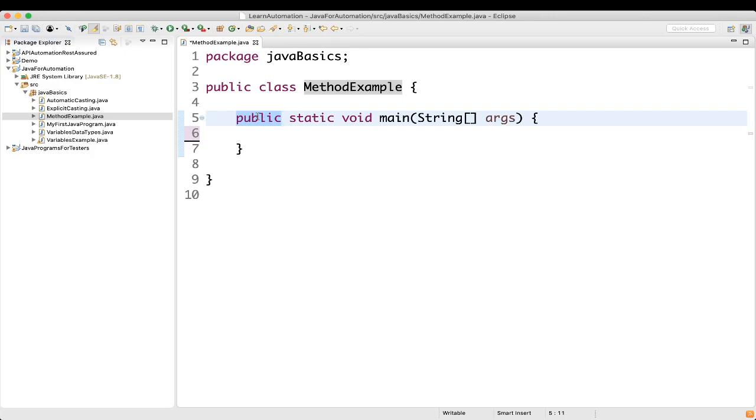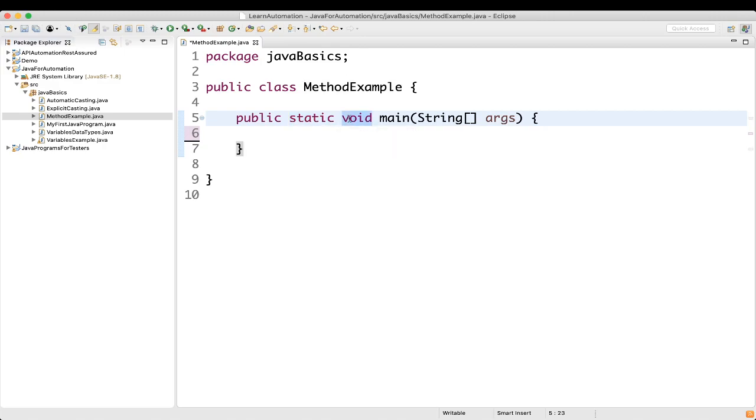You don't have to worry so much now. We'll learn about access modifiers completely in our future tutorials. Then we have static. Static is a keyword that identifies the class related thing. It means the given method or variable is not instance related but class related. It can be accessed without creating the instance of a class. Again, we'll see the instance or object of the class in a future tutorial. Don't worry so much now. We'll have a separate lecture in detail about the static keyword.